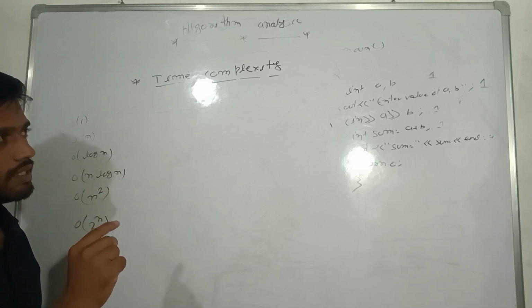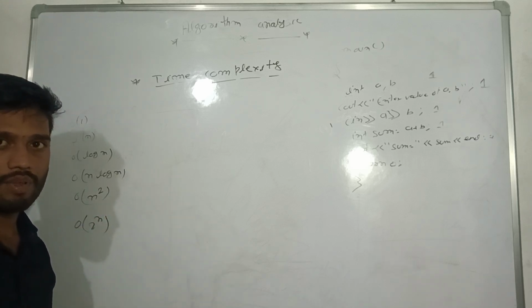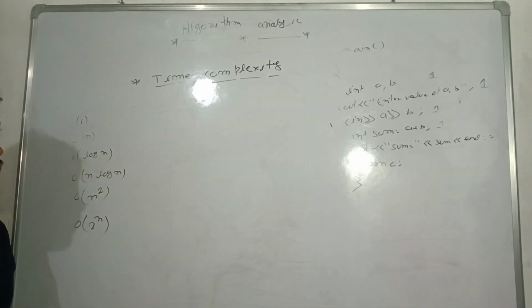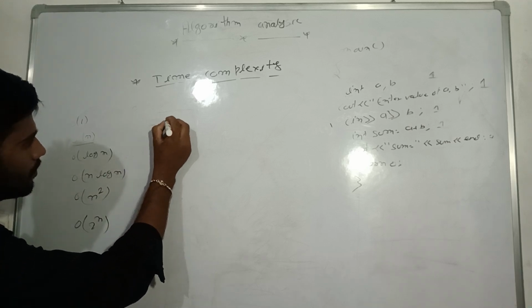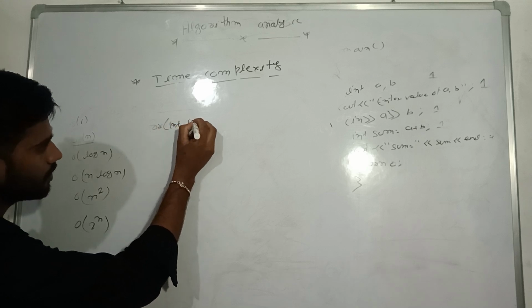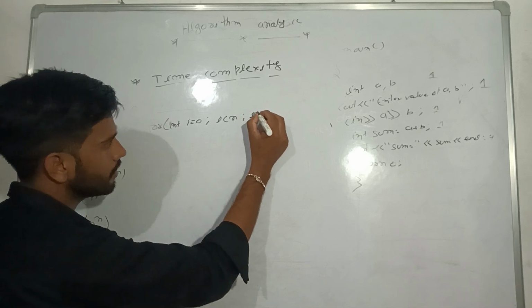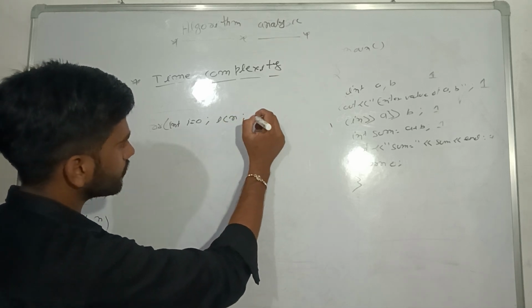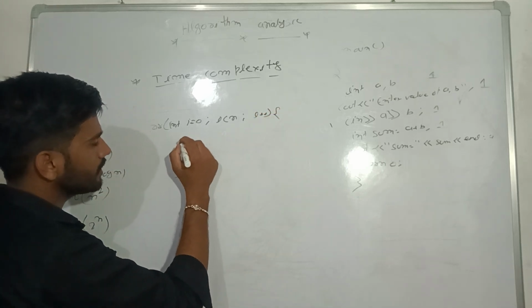But assume that there are millions of data, then how will we implement it? And it is the order of n time complexity. Suppose that we have used a for loop, and suppose we have to print anything.